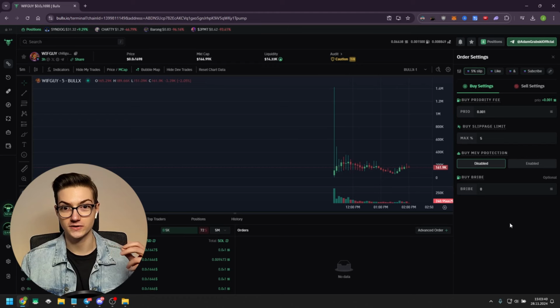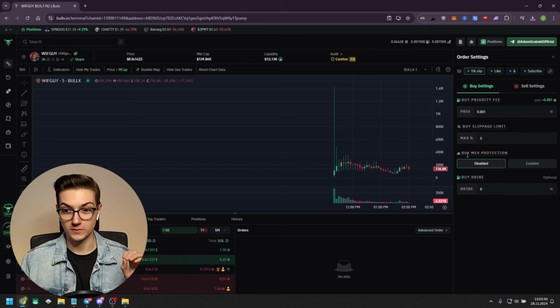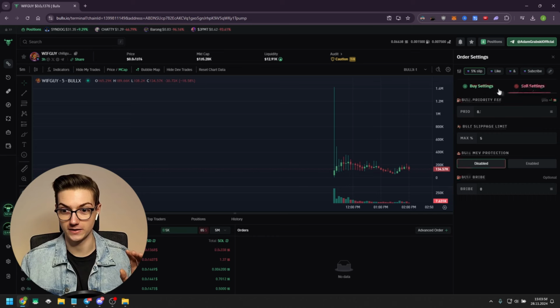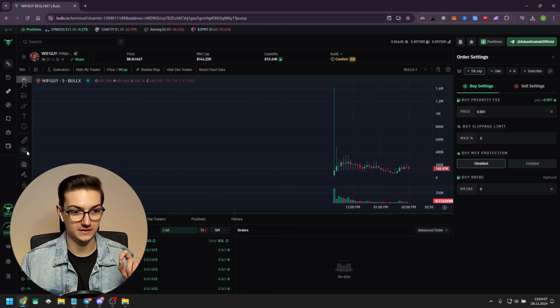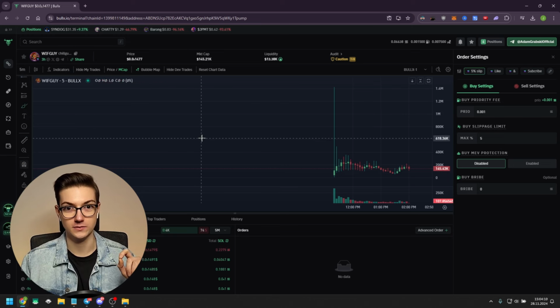And now the most interesting part, the bribe fee and MEV protection. Do you have to use it, or can you keep it at 0? You should use MEV protection only for buys, because you can create separate settings for buy and sell orders. It's very unlikely that you will be MEV botted while selling, so only use MEV protection for buying. And MEV protection basically prevents you from losing money from your trades, because MEV bots are looking for people who